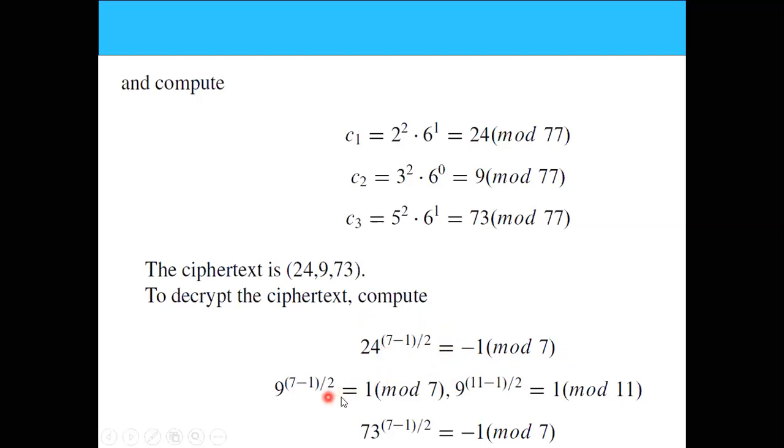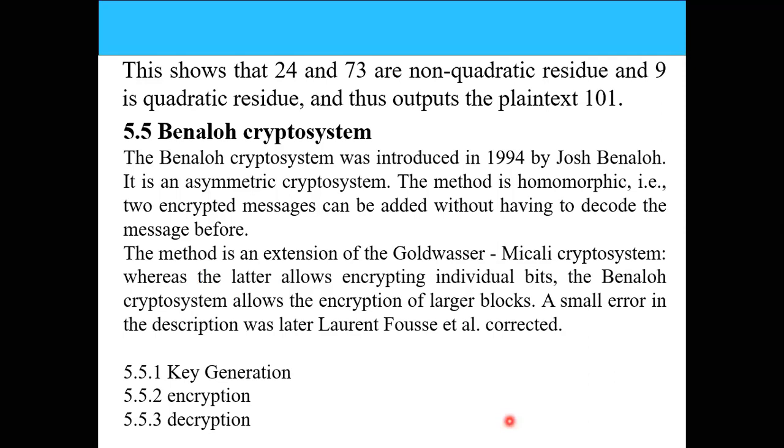This calculation is equivalent to 1, so 9 is a quadratic residue and M2 is 0. 73 is a quadratic non-residue, so M3 is 1. This shows that 24 and 73 are non-quadratic residues and 9 is a quadratic residue. Thus the output will be 101, which is our original plaintext that was to be decrypted. The Vanilla cryptosystem